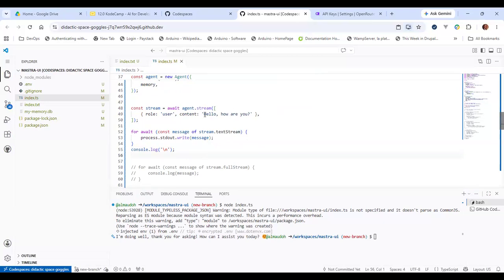Now, let's ask for something long. Give me a 1 page dissertation on artificial intelligence. Now, this will be long, so we'll see the streaming here.